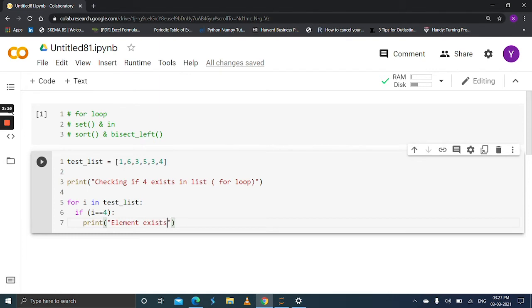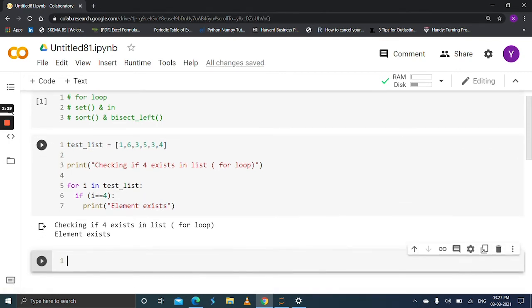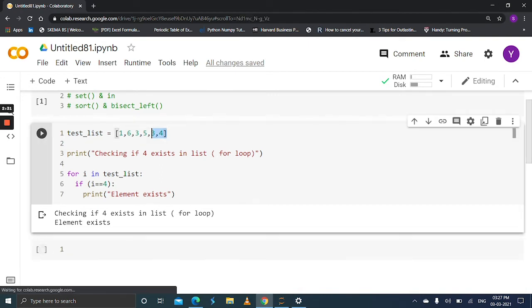It is straightforward. If the given i is present in the list, then it prints element exists. Okay, let's run this. This contains the 4, that's why it prints element exists.